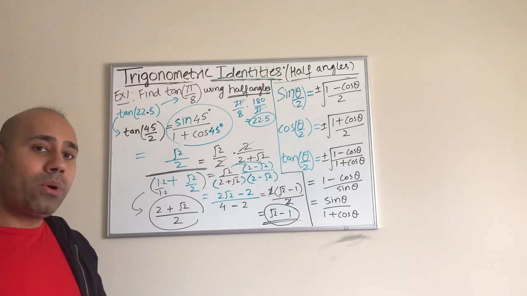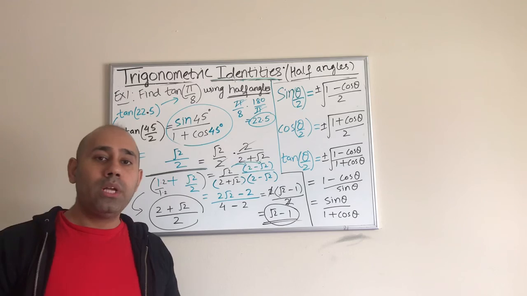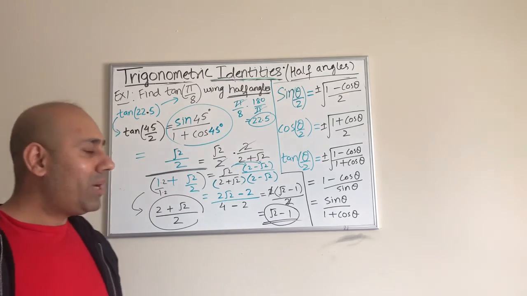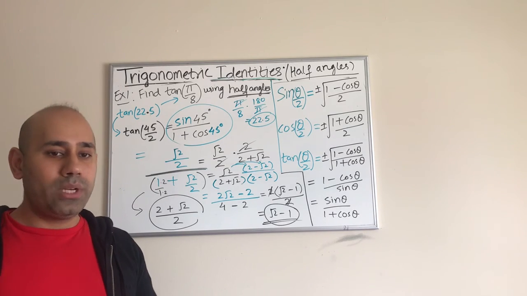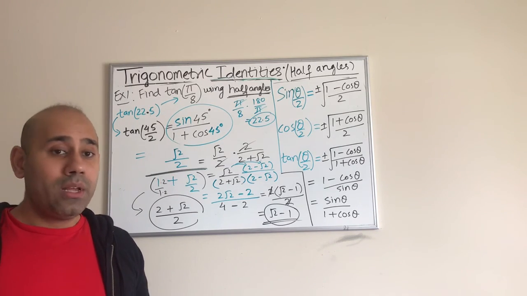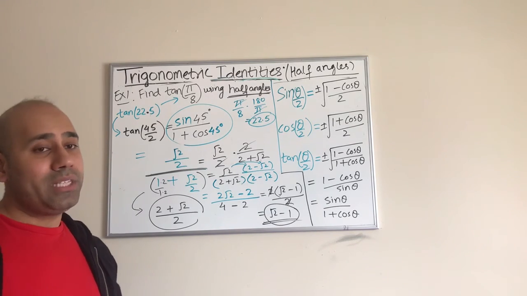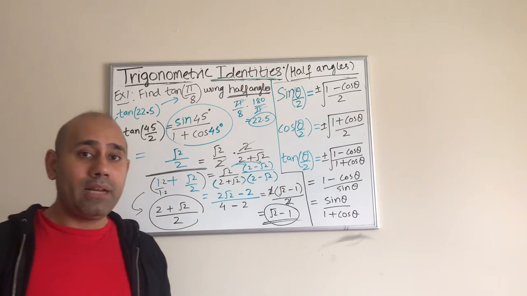I want to show you one more that I will do in the next video, and then we are going to move into verifying identities, which is one of my favorite things. Where we're going to use almost all of these different identities, maybe 1 or 2 in each problem, or maybe more than 2 in one particular problem, and verify and prove that the left hand side is equal to the right hand side. Okay, guys, till then keep practicing, and I will see you in the next